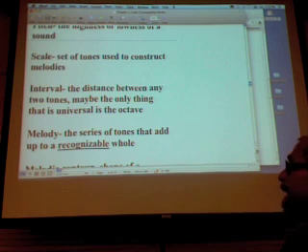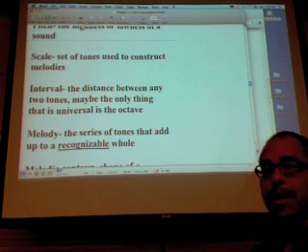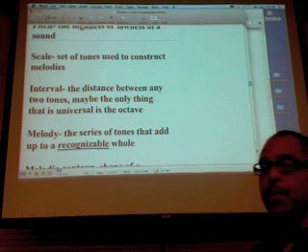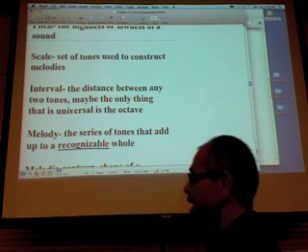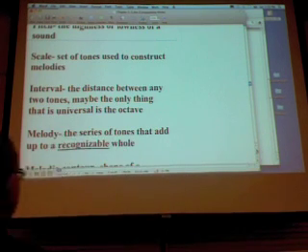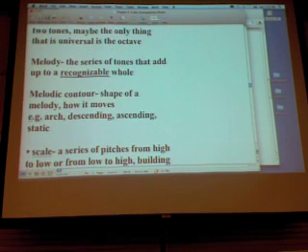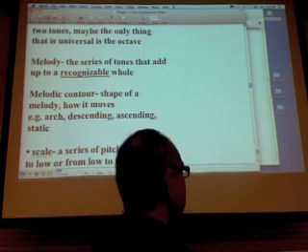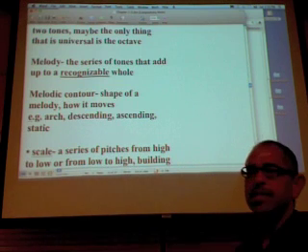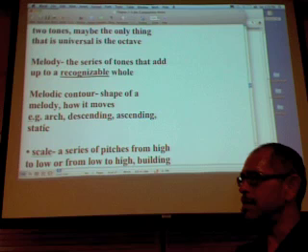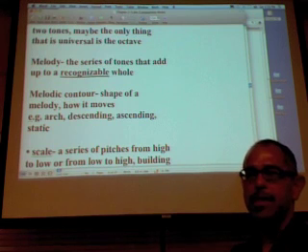As a matter of fact, I don't even like this definition, but I challenge you to come up with a better definition of melody. Melody is the series of tones that add up to a recognizable whole. And as unsatisfying as that definition is, it sort of taps into something that is an important quality of melodies,